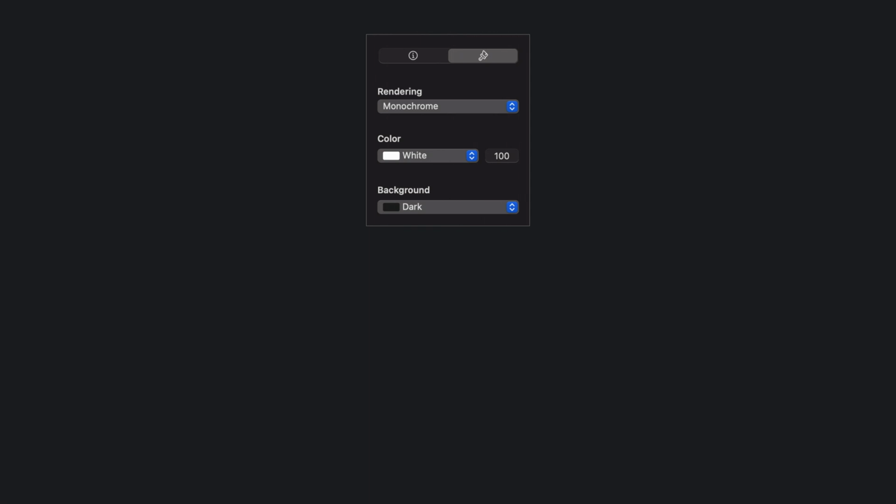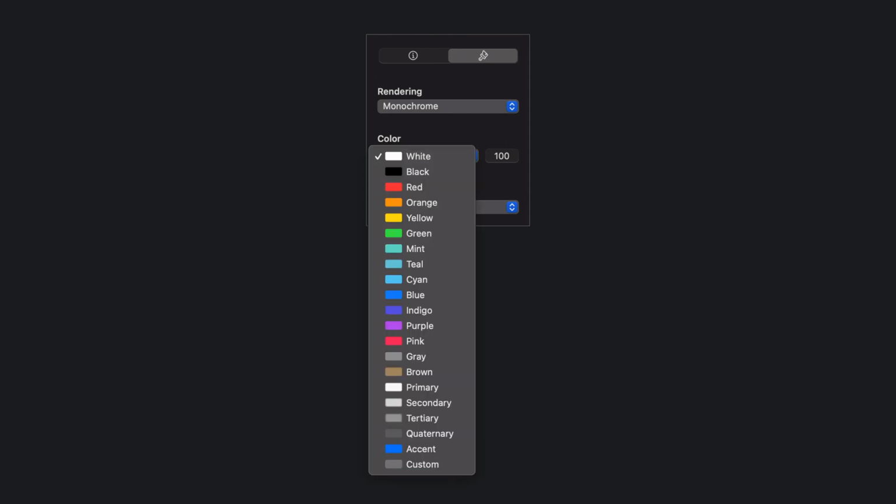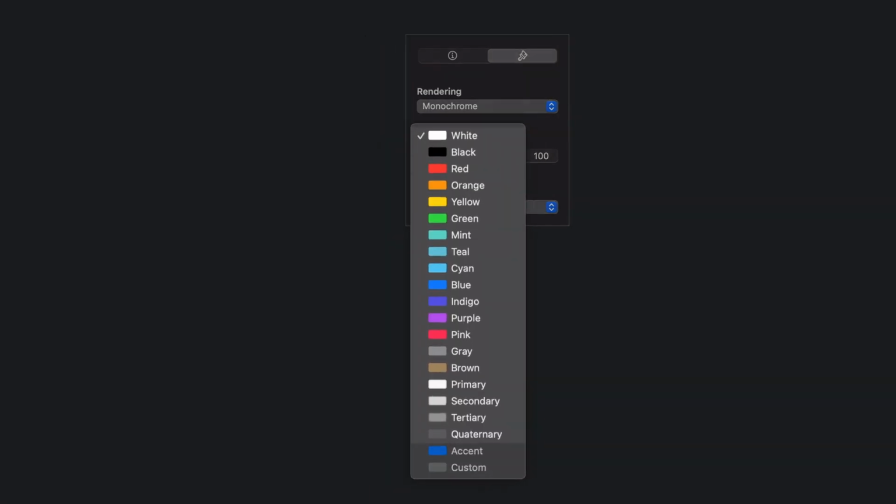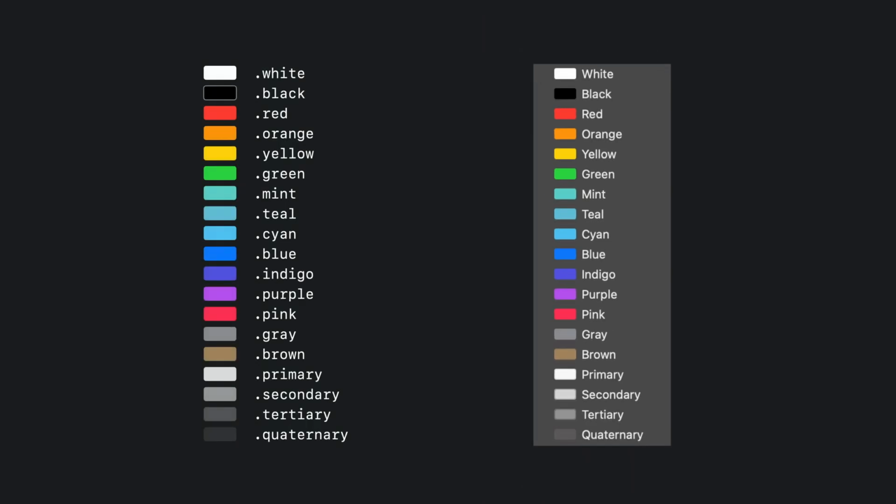The Symbols app has a large set of colors available to use with these different rendering modes. And that full set of colors is available in SwiftUI as well, including several colors and styles that are new this year. These colors are optimized for all the different configurations they appear in: light and dark mode, special rendering over blurs, even the specific platform they're shown on.